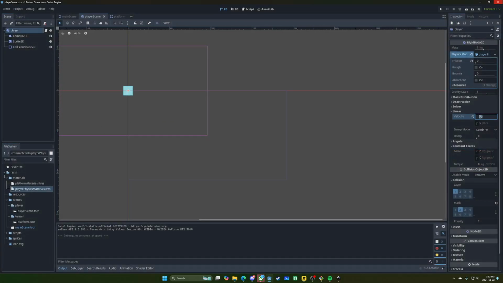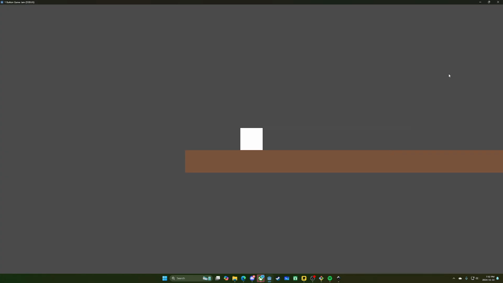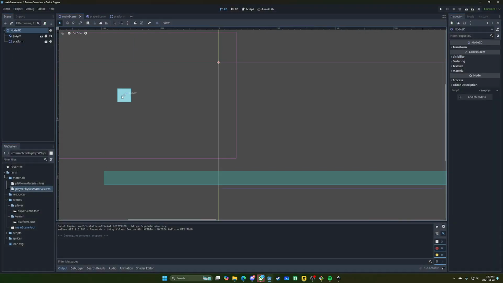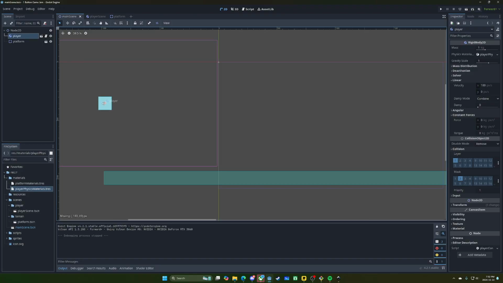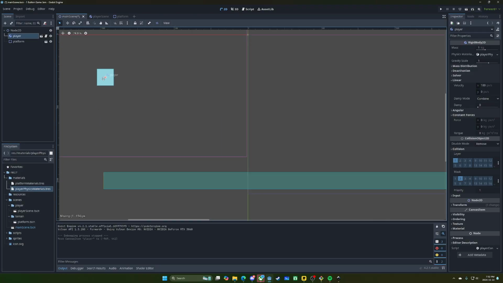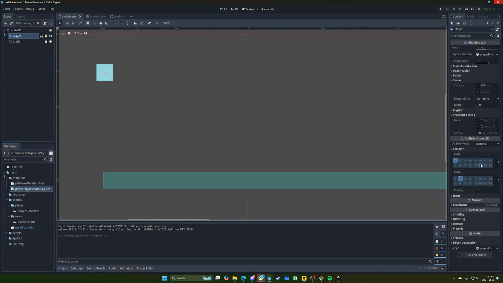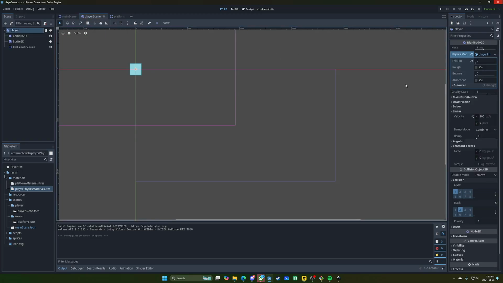Actually, now at that speed, I'm not sure if I see it. I think I'm getting it. I'm gonna try like this. I'm starting not entirely on the platform. Yeah, there we go. This is probably not enough force for the player. So we're going to go back to the player scene